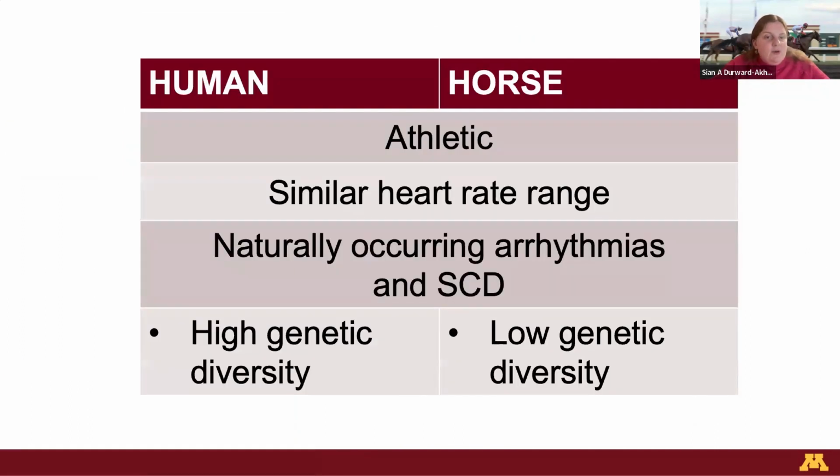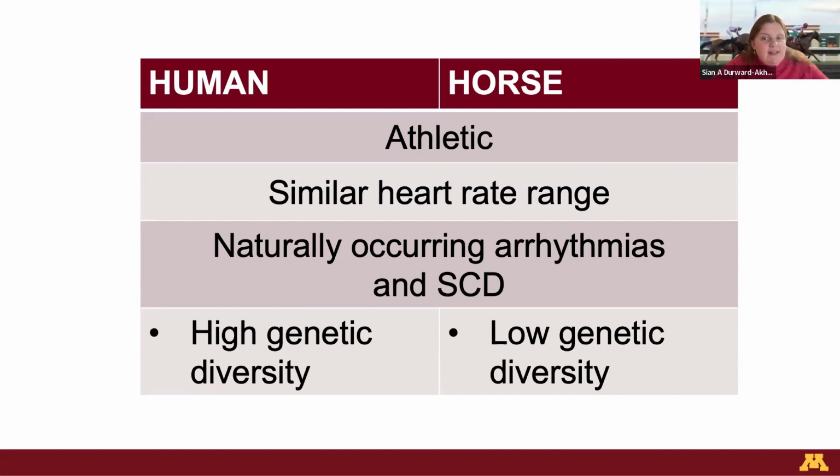So when we're looking for a model, both humans and horses are highly athletic, of varying different ranges. Their heart rate range is more similar than that of other animal models, such as mice and rats. And they both develop naturally occurring arrhythmias and sudden cardiac death. And this is a huge advantage for the horse because there's no need to cause this disease in horses as